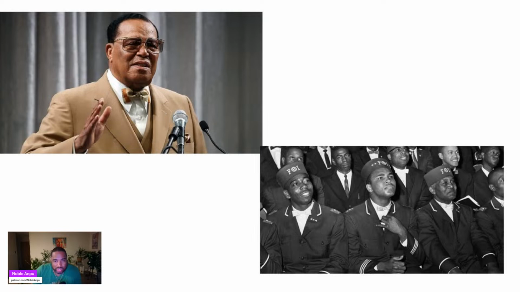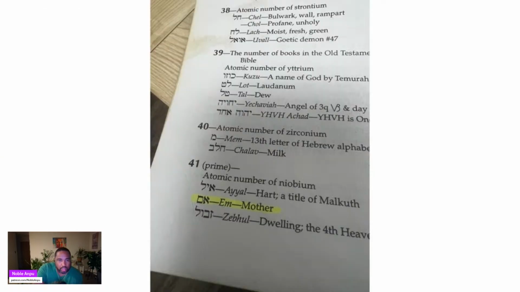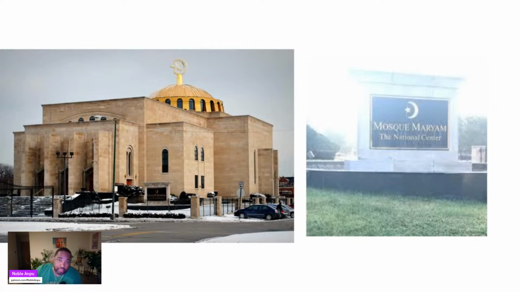See, this is how you really start going in and start understanding what to construct and what to do. So you have your nation, right? But see, 41 also means M. You see it? What does it mean? Mother. Very interesting. Because I know when you're dealing with the Nation of Islam, their mosque is called Mosque Maryam, and Mary is the mother of who? Ain't Mother a Mary? Ain't Mother Mary, or Mary a mother, rather? Mary is a mother. Yeah.